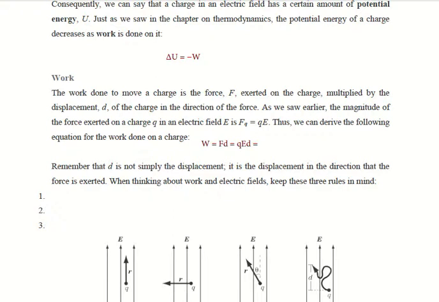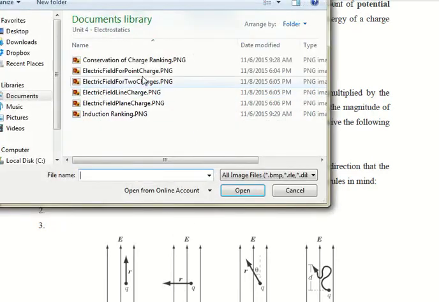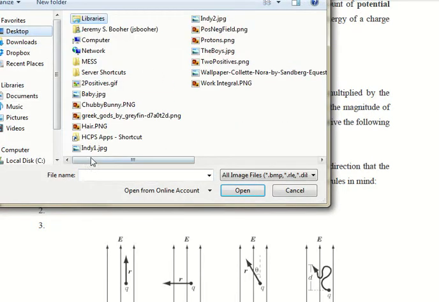If you are exceptionally clever, you might be thinking right now, well, the force and the electric field, those both depend on how far away you are from the charge, right? So if you get a little bit further away, the force drops, the electric field drops. So what's going on there? And really the answer to that is,